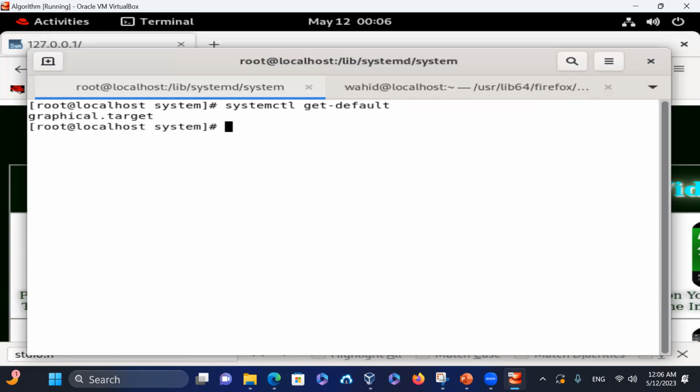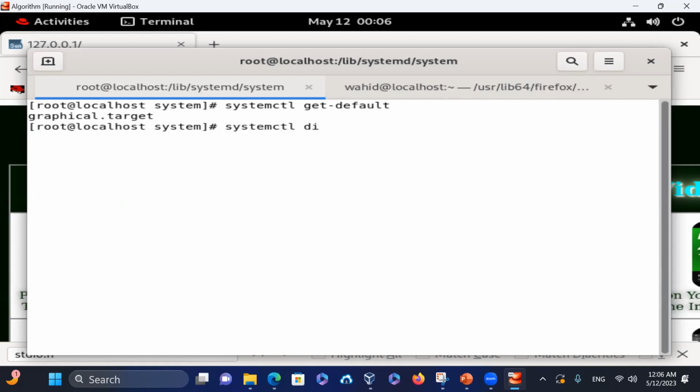Also, there's systemctl daemon-reload, that if you want to reload it, you can reload it as well. Whenever you make updates by editing the units, you need to do a daemon-reload. So the other thing that I want to show you here is